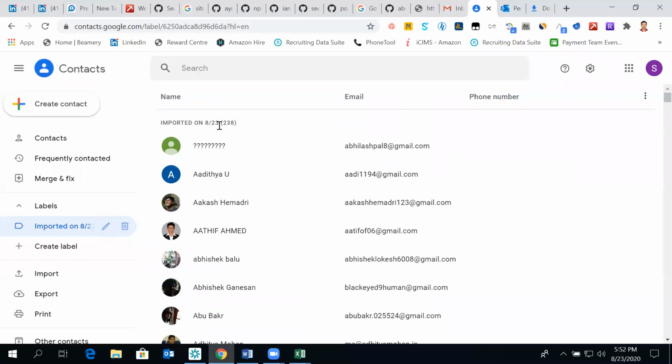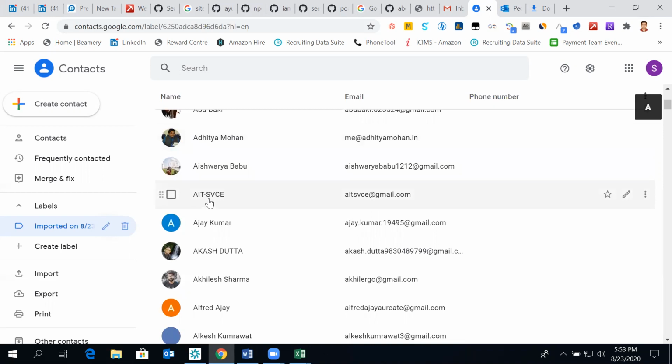Imported on 8/23, 238 list of candidates. So now you see a question mark is also existing, because he has mentioned his name like that. What we have done, his email ID was correct. Otherwise, if the same email ID format is reflecting here, then it is not existing. Right. So we have not given any single name with question marks. This also, I don't think we have given anything like this as such. No.